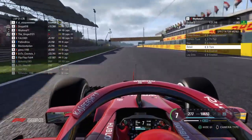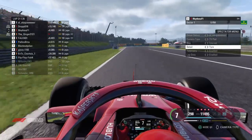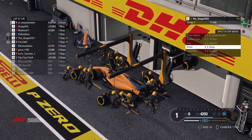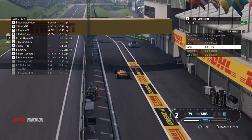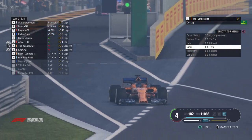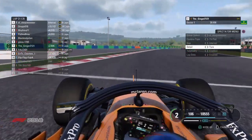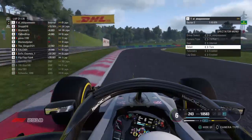But that aside, Rhythm is now in third place after seeing the Ginger pit for the second time, putting in another set of soft tyres. Seems like this is now the pit window for the soft tyres. The soft tyre runners will most likely end the race on these sets, as Alatakir has performed his pit stop